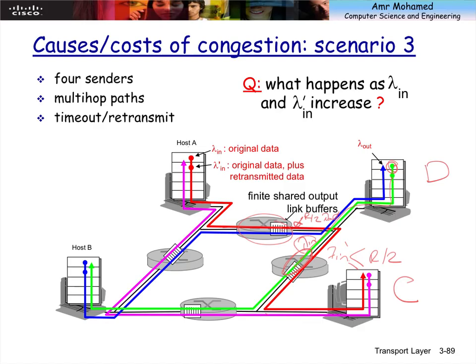What is the maximum lambda in here? Lambda plus retransmission. Yeah. But to what extent can I increase lambda in here? Maximum to R. Why? I can increase it over this. This is lambda in that is going to this router, right? So the output here is limited to R over 2, right? But the input,